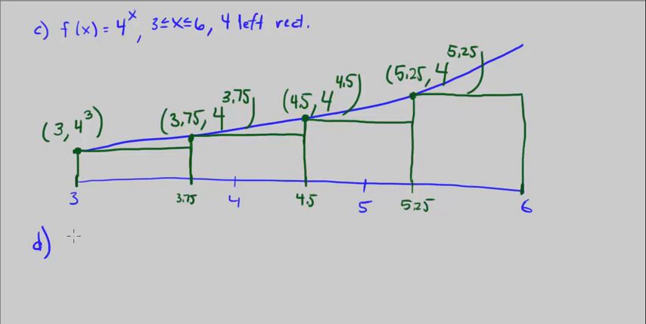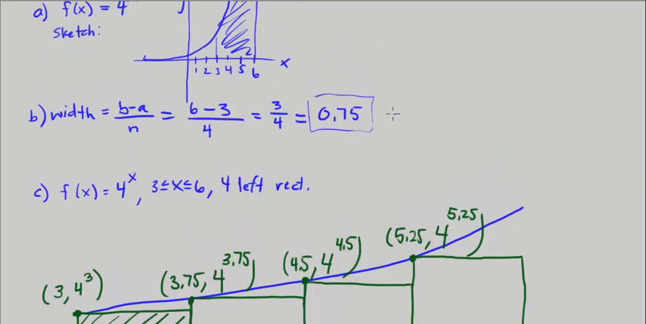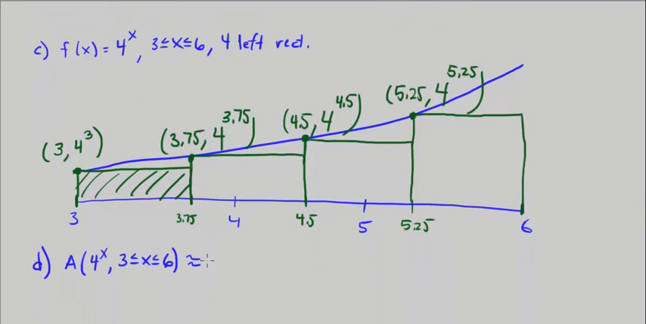Do not compute. All right, so the area of our function, we could write f, or I could write 4 to the x between 3 and 6, is approximately, right, it's not exact because we're not including all of these regions here, we're just including the rectangles. So the area of this rectangle here is going to be the base of the rectangle. The base for each rectangle is 0.75. So it's 0.75